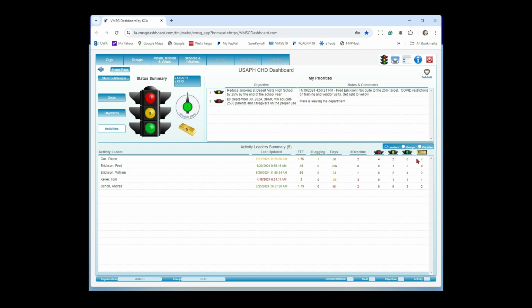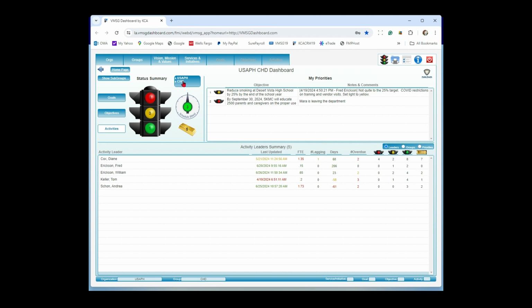And then the number of red, yellow, green, and gold for that person. So that's my first view, my folks. The second view, this groups button here, when I click on that, and again, we're going to go into great detail on the dashboard screen when we go into performance monitoring training, it's saying that